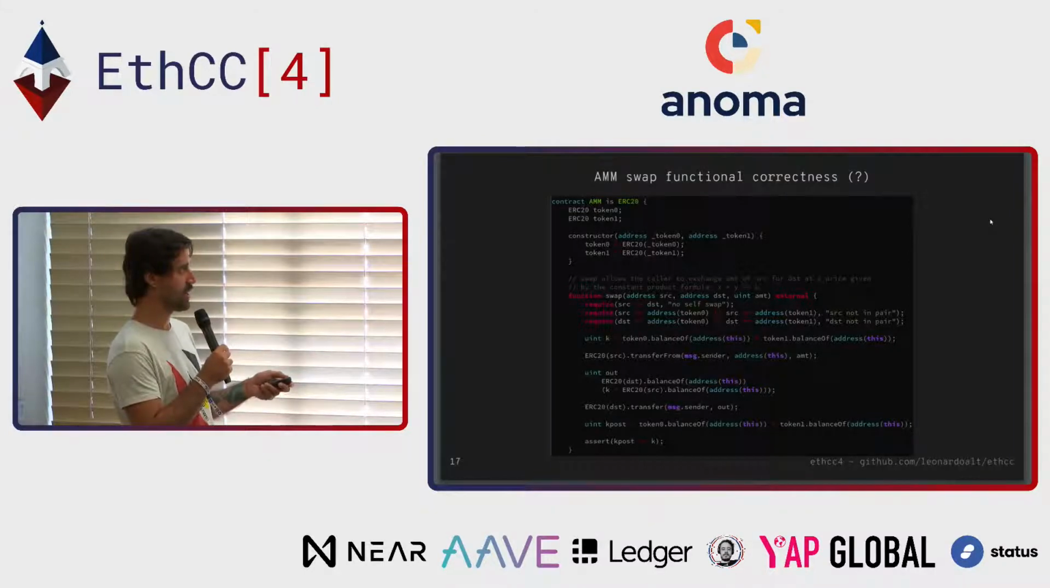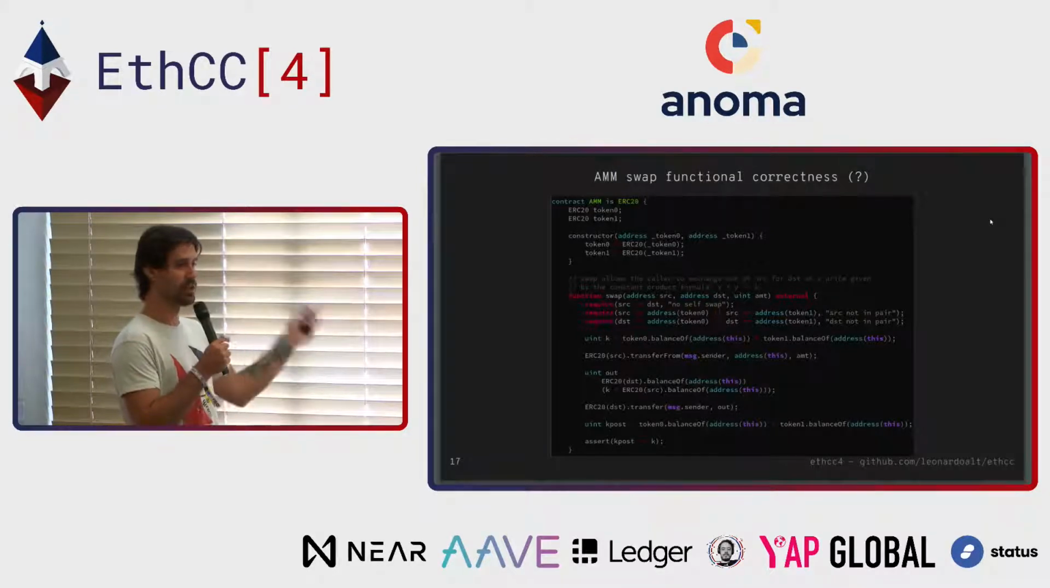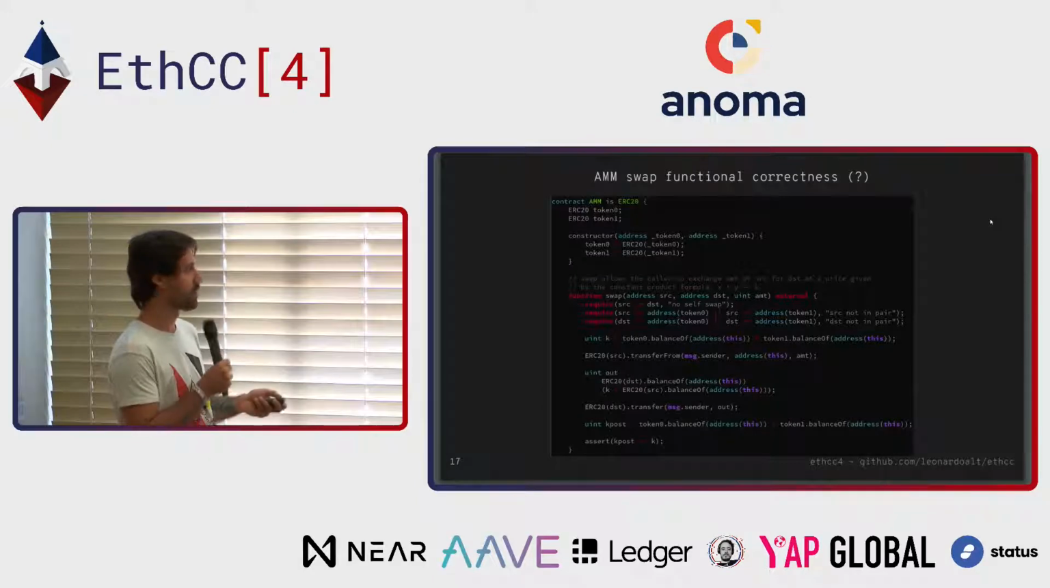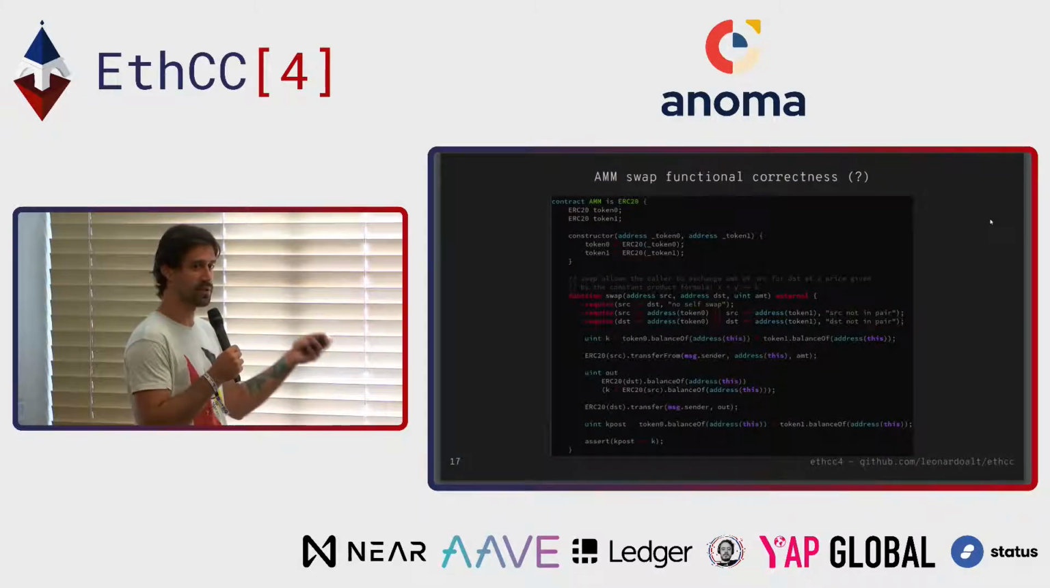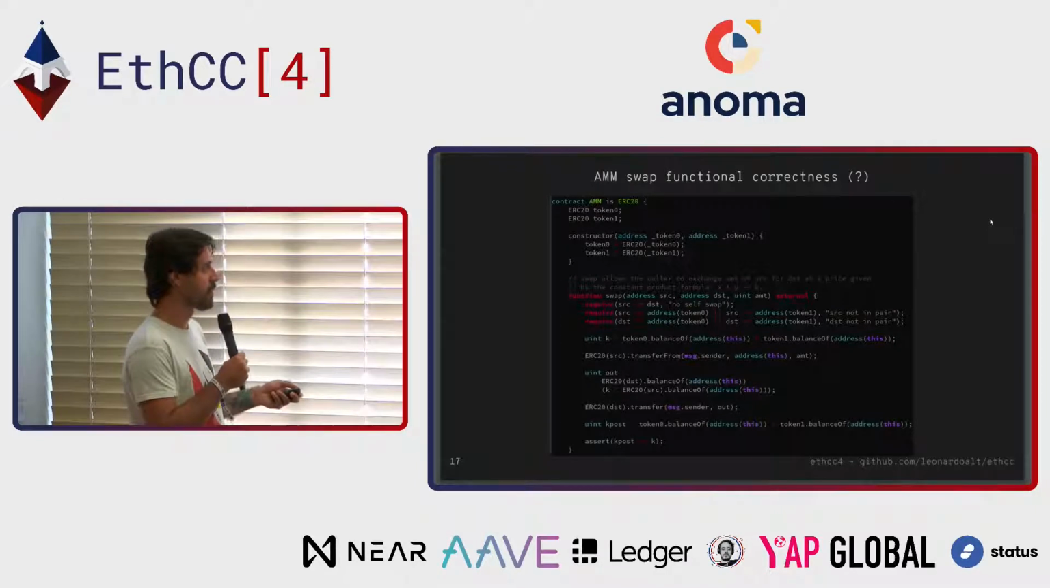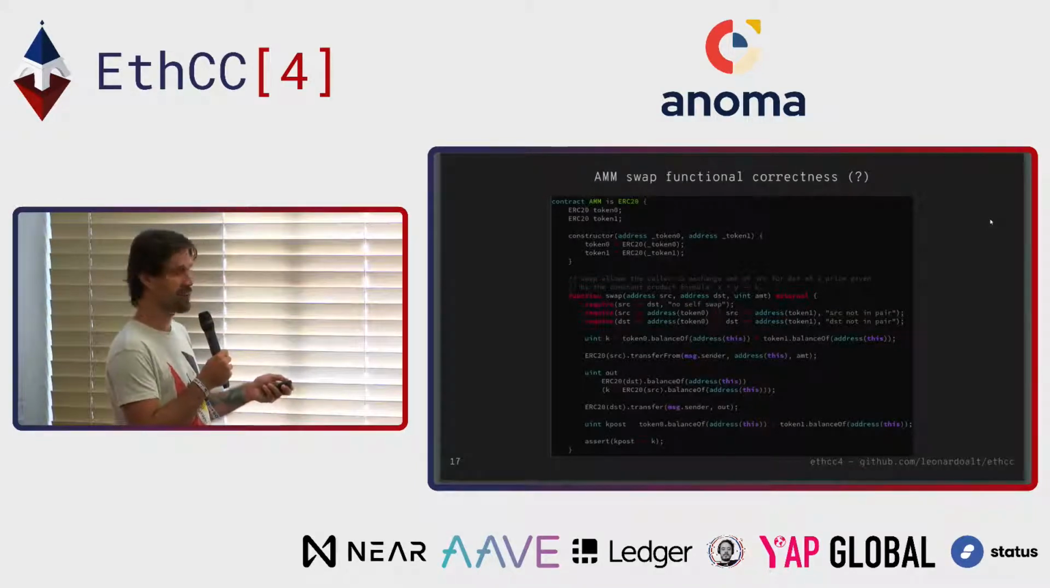You want k equals x times y, where x is the balance of the market itself in token 0, and y is the balance of the market itself in token 1. So this cannot decrease, because if it decreases with time, it means that the market itself is losing money, right? So we first compute what the current ratio is, what the current multiplication is. Then we transfer